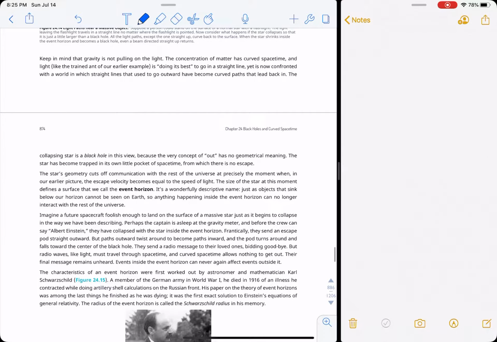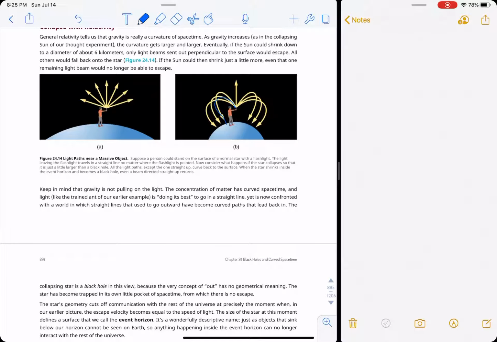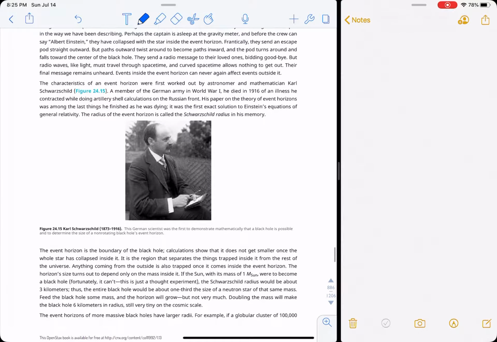Okay, this is important because gravity does not pull on things. It curves space and curves your future trajectories. So it pulls you towards the Earth, not by a force, but because you have no other option. Your future path in space-time takes you to the Earth because the curvature of your world line intercepts the surface of the Earth. Okay, so same thing with light. These light rays are not being pulled back towards the black hole. They are just following the shortest path in their curved space back to the Earth.